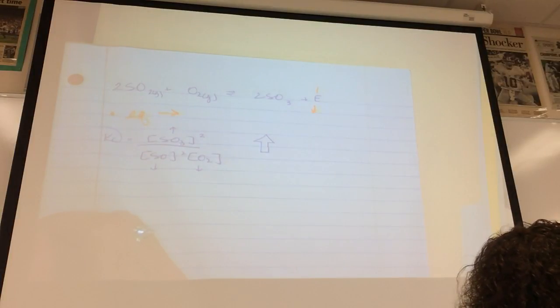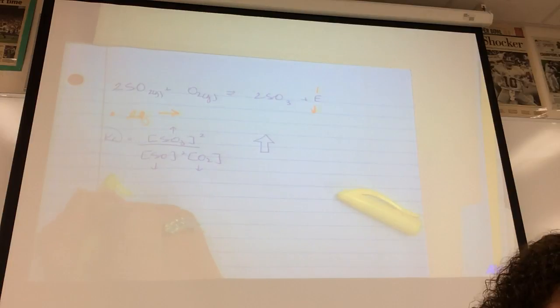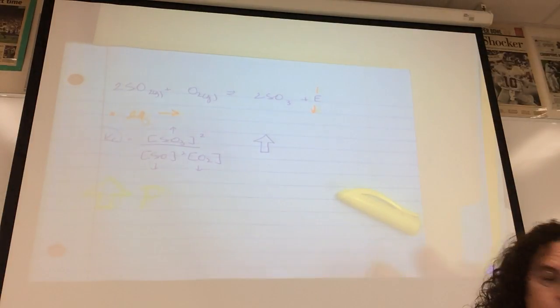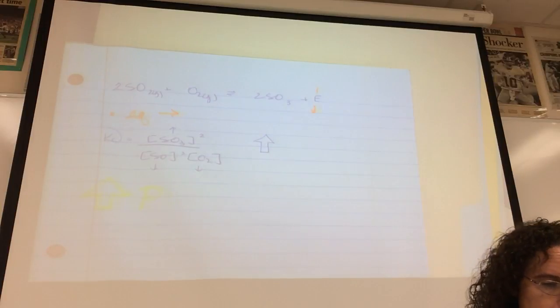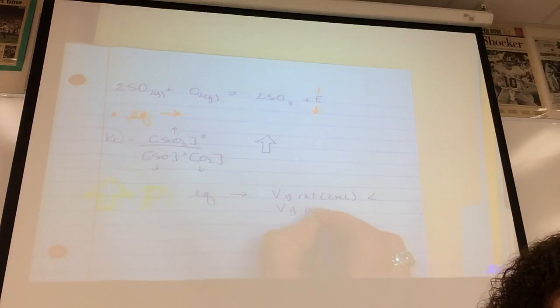The next question says, in which direction will a net reaction occur if the pressure is increased? If I increase pressure, equilibrium will? You want to shift to the side with the smaller volume, so equilibrium shifts in the forward direction because the volume of gaseous reactant, which is 2 mils, is less than the volume of gaseous product, which is 3 mils, and we know,